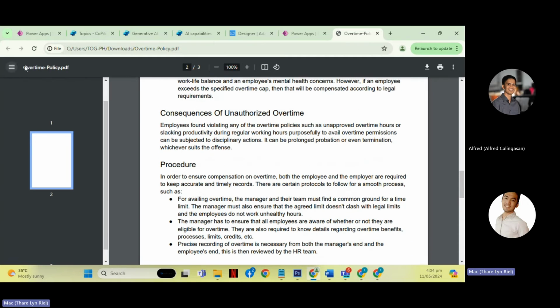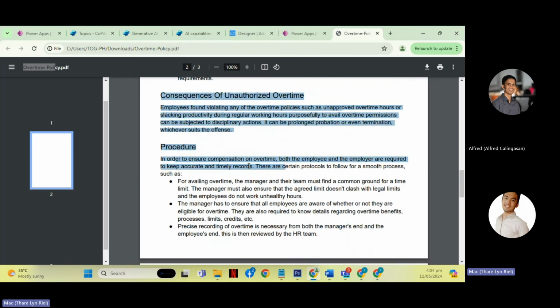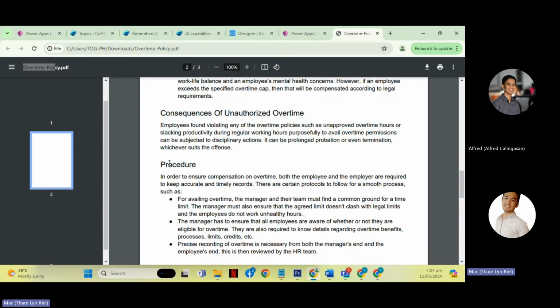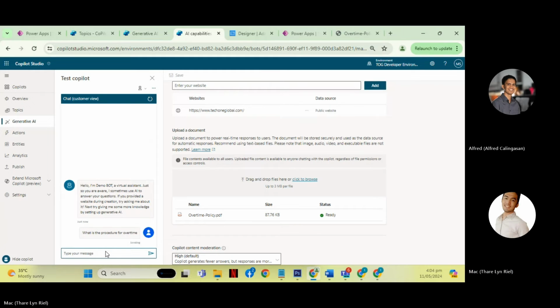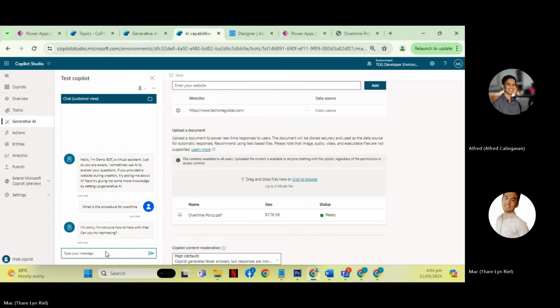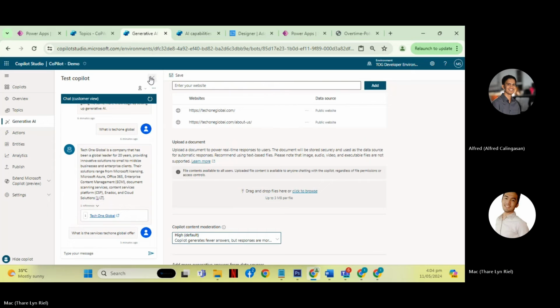It is an overtime policy which contains this data and other data. So for this demo, I'll ask about the procedure. Let's start. What is the procedure for overtime? Okay, let's try.